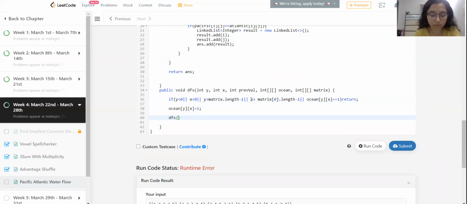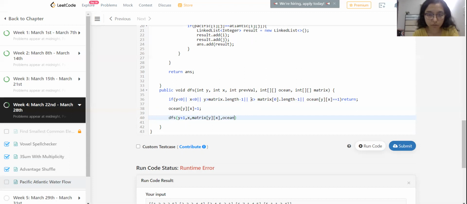Now, after that, we will call our DFS with y plus 1. We will move up, down, left, right. So we'll do plus 1 and minus 1 to y, and minus 1 and plus 1 to x. Our previous value is matrix of y and x. What else we need to pass?